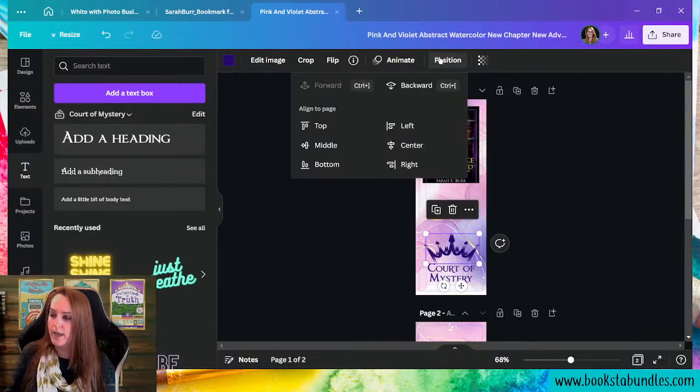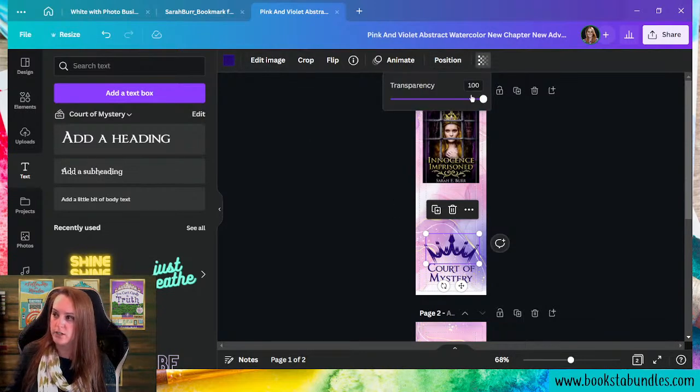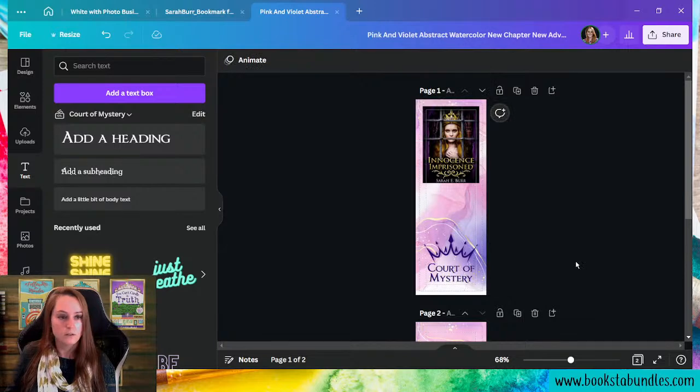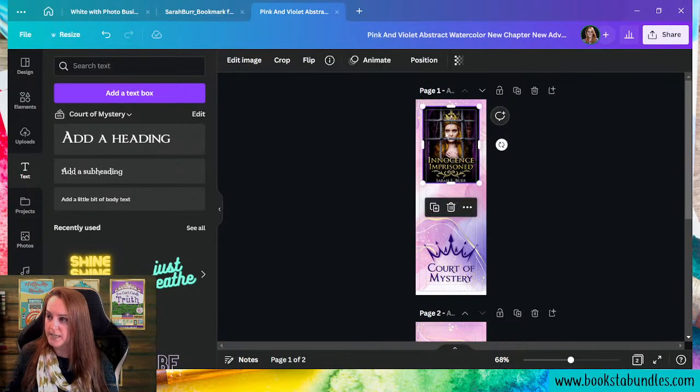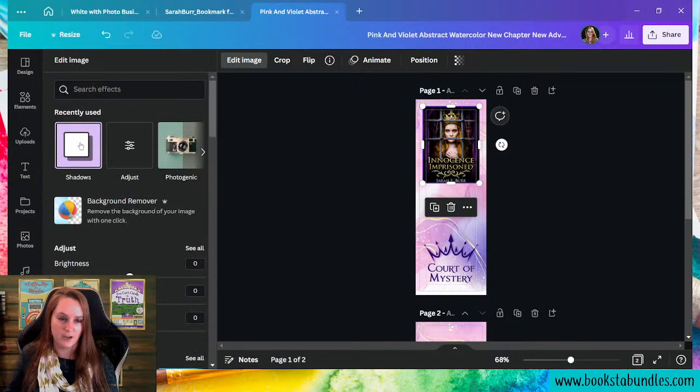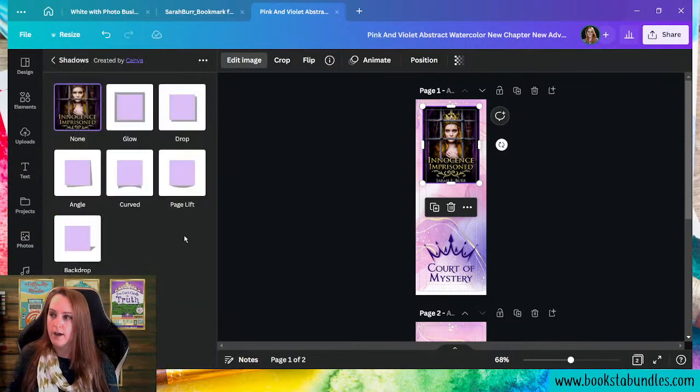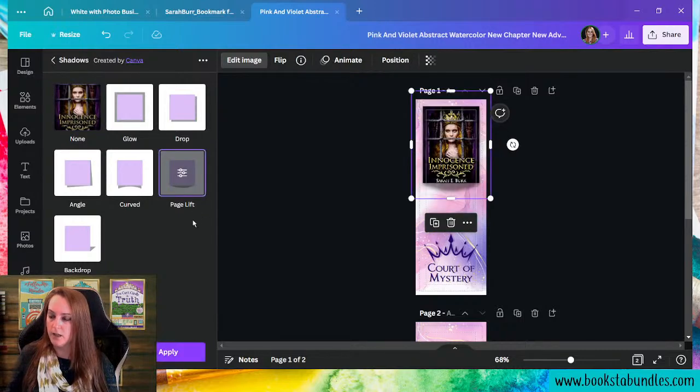Basically, I do a copy of the design that I want to shadow. I come into the transparency and I just drag it down. And you can see that I'm giving this a little shadow to my crown so that it's kind of jumping off at the reader. I'm going to do the very same with my image, but in this instance, I'm going to use the edit image and I have that ability to use the shadow feature. For this one, I have fallen in love with this new page lift because it really does push it off the page, but I also do love